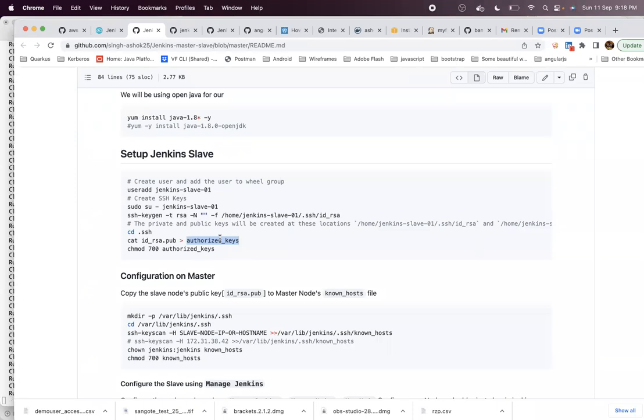By doing that, what you mean is that anyone who wants to connect to me is authorized if they use this public key and private key combination. If they want to connect to me via this public key, I will allow them. So that's what I'm saying. I am copying this particular public key to a file called authorized_keys. Okay, and I will give them the permission